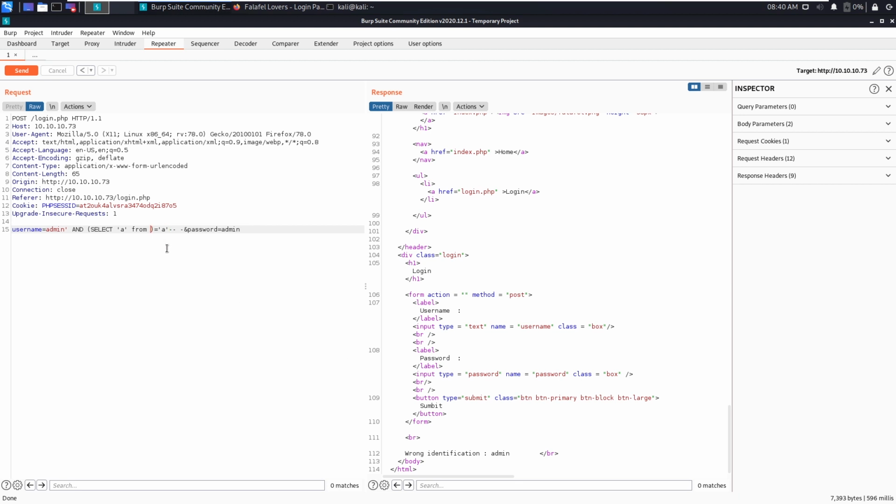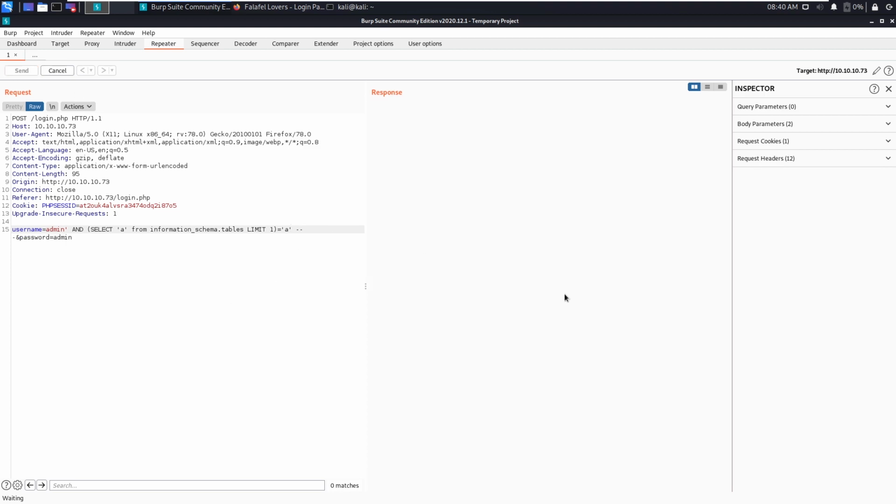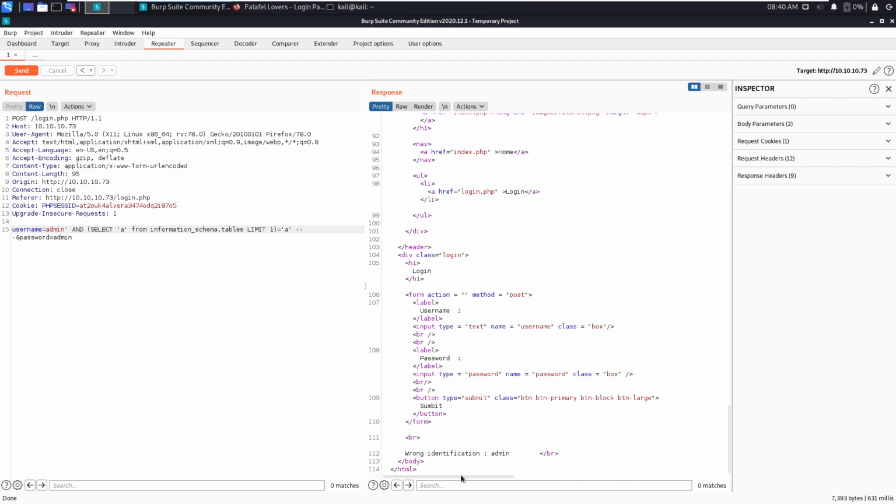So let's also try the other one, information_schema.tables, limit 1. Okay, that should come like this, a true statement.